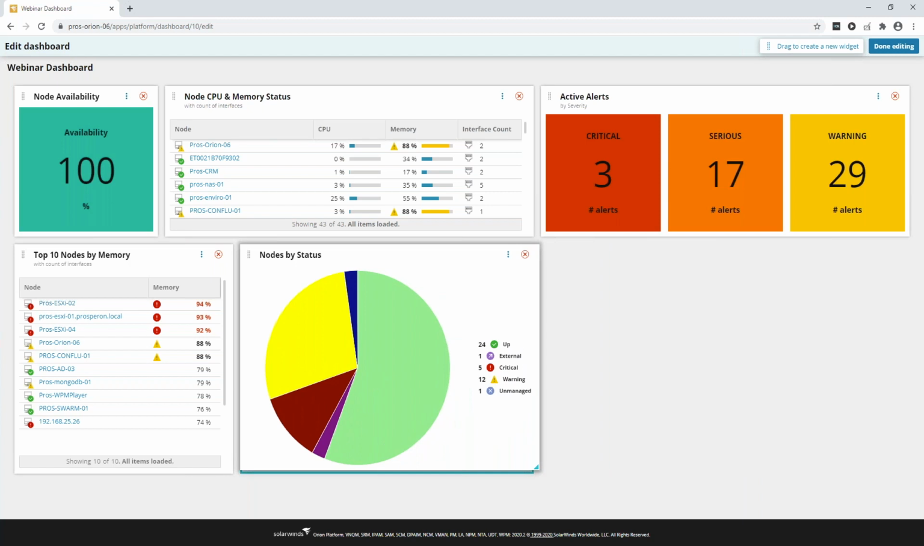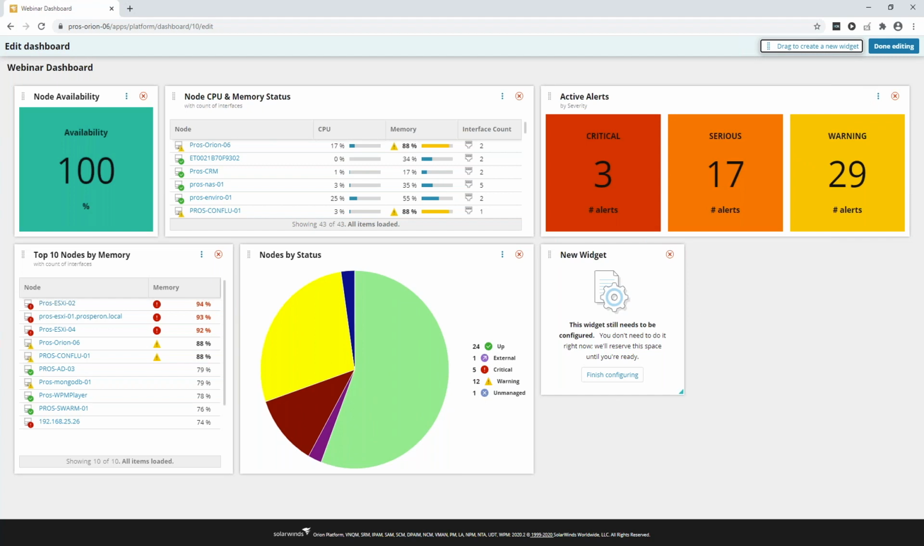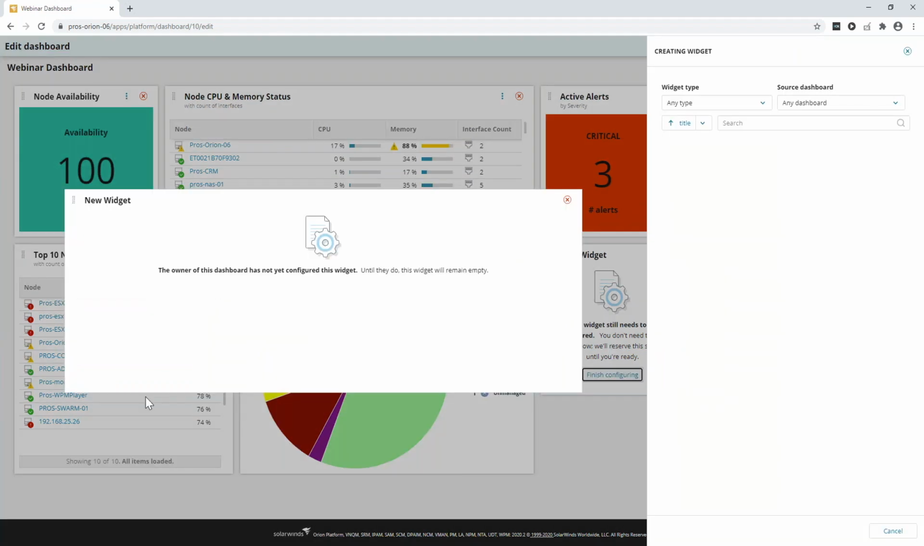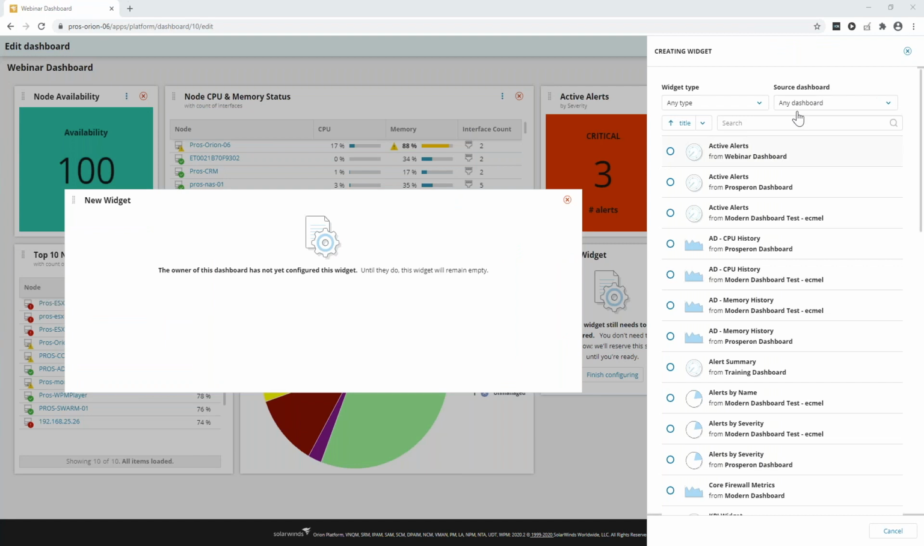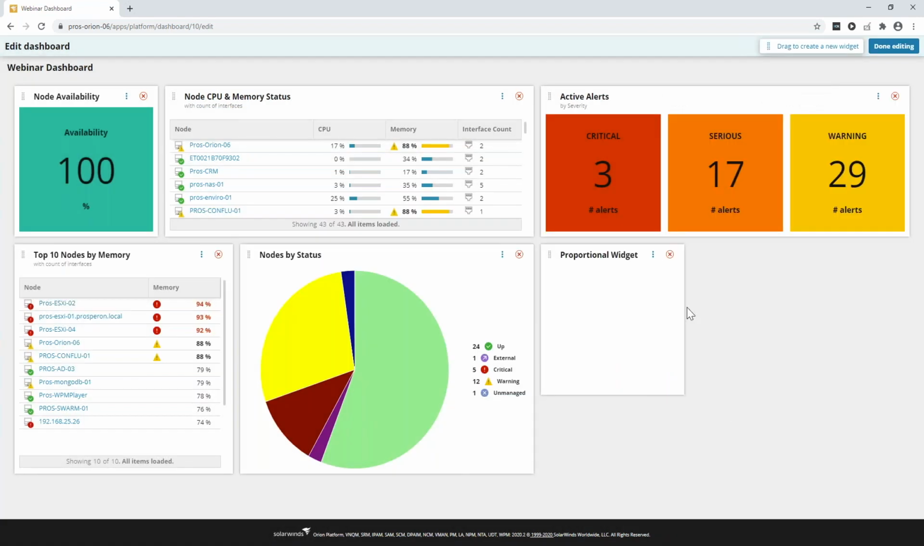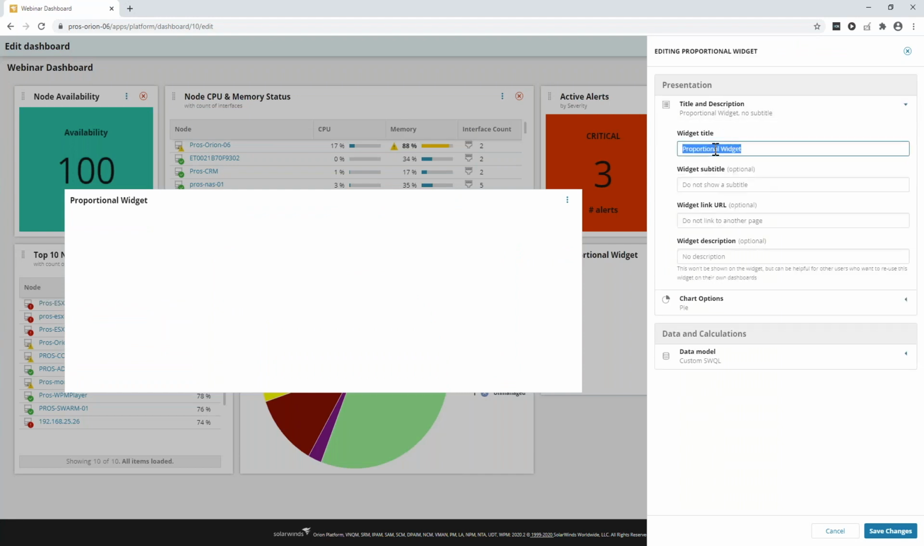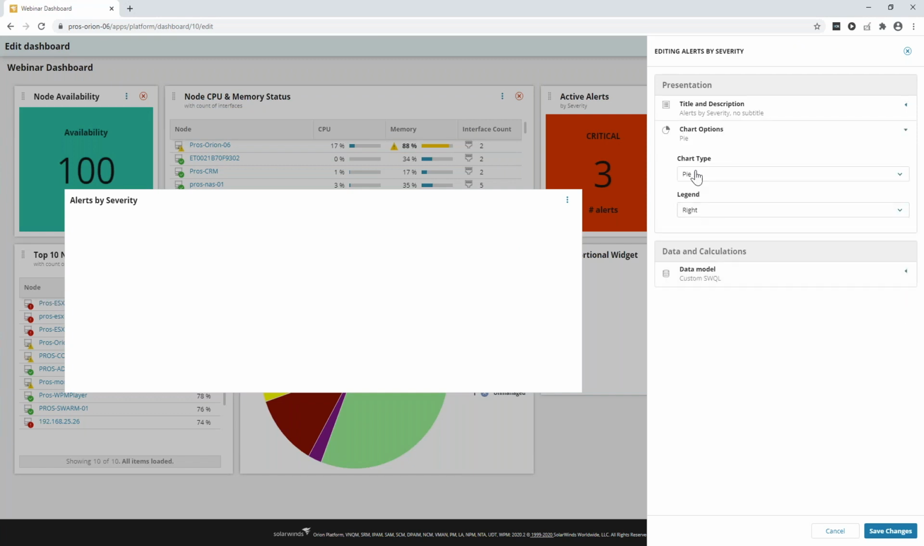Maybe I can define another example for proportional widget quickly. I can select that approach. I can select another empty widget for proportional widget, and then I can edit it. I would like to show alerts by severity. Let's select horizontal bar, and I have a custom query where I can get